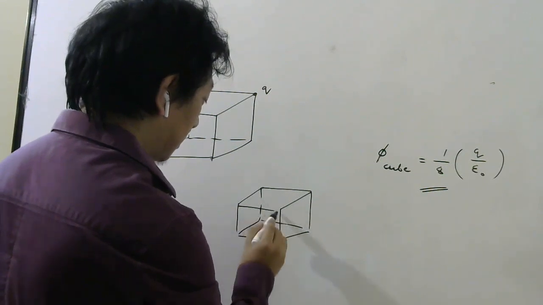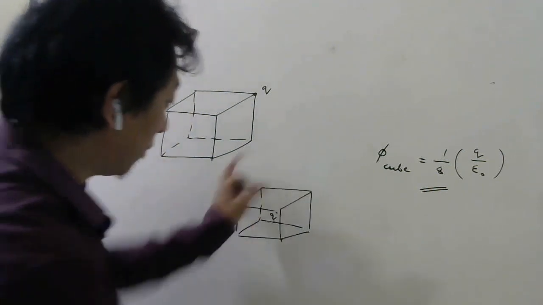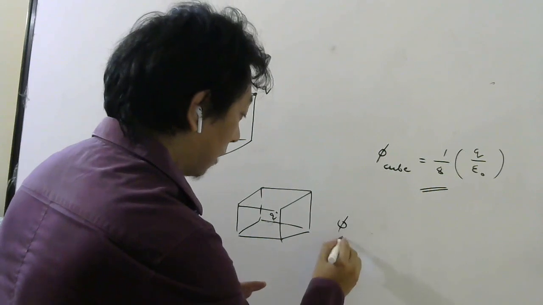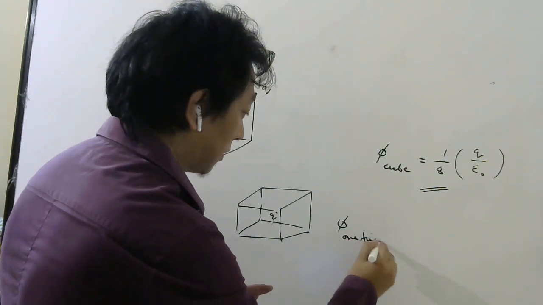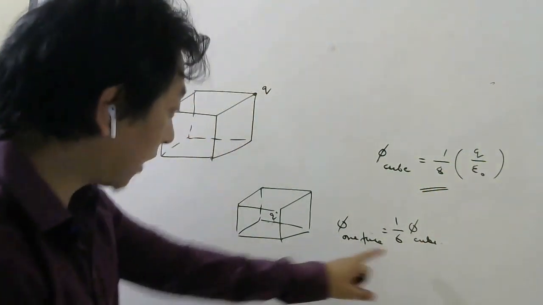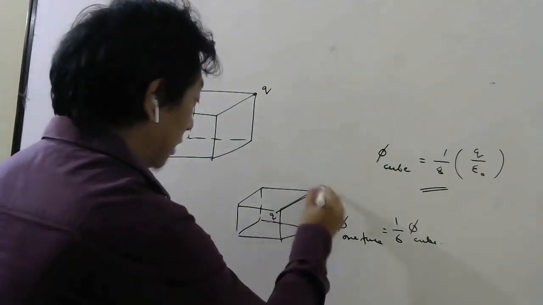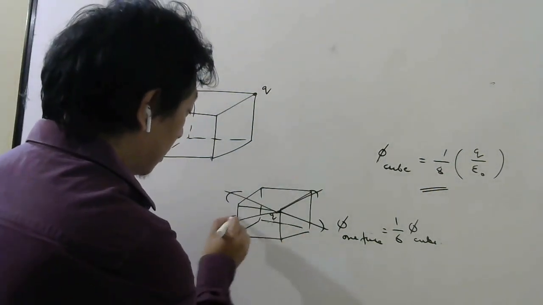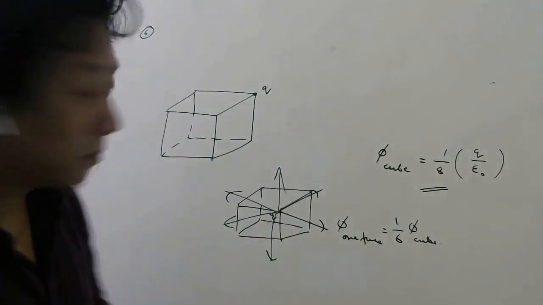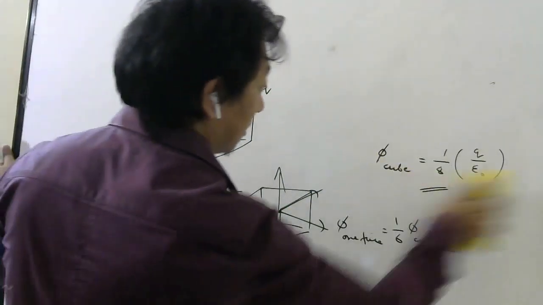Before, if you remember when I said 1/6, the charge was at the center, inside. Since the charge was at the center, if you know flux through the cube, then flux through one face is 1/6 of flux through the cube. But for that, the charge should be at the center, so that as many lines will cut this surface, it will also cut this surface, and this surface, and this surface. But this charge is not in the center, so you cannot say 1/6 of this.